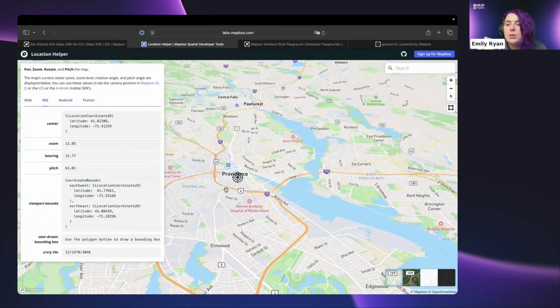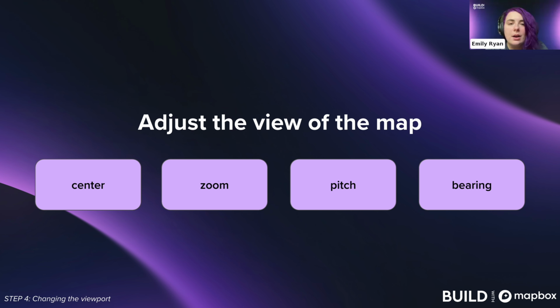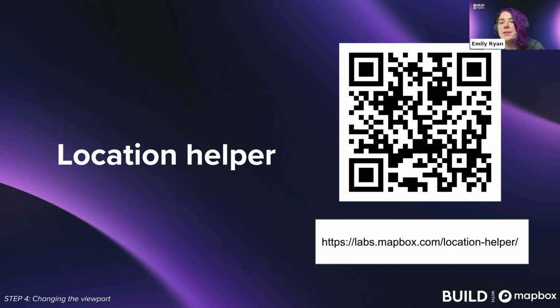But yeah, so location helper tool is really good for if you're trying to figure out what you want your viewport to look like. All right, now that we've gone over the location helper,